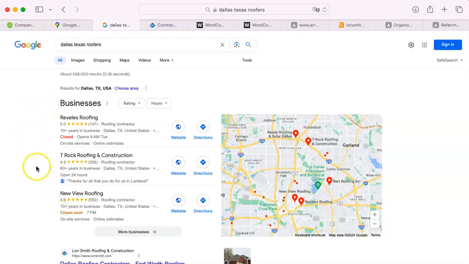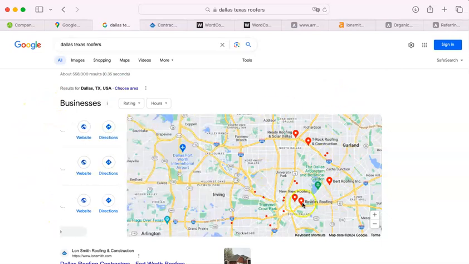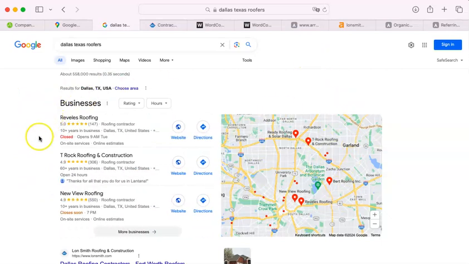So the first thing we find here is what we call the map pack, because they're attached to this lovely map over here. And as you can see, there's only 3 of them there. That's generally the case, sometimes 4. And these people got there by doing something very simple. They went to Google and filled out a Google business profile. Now, a Google business profile is like a Facebook profile. It's something that anyone can fill out. You just have to find out where to do it on Google. It's not hard to find. And you can do it yourself. You don't need me or your web designer. You can just go there and fill it out this afternoon or this evening. And it will help you get right here.